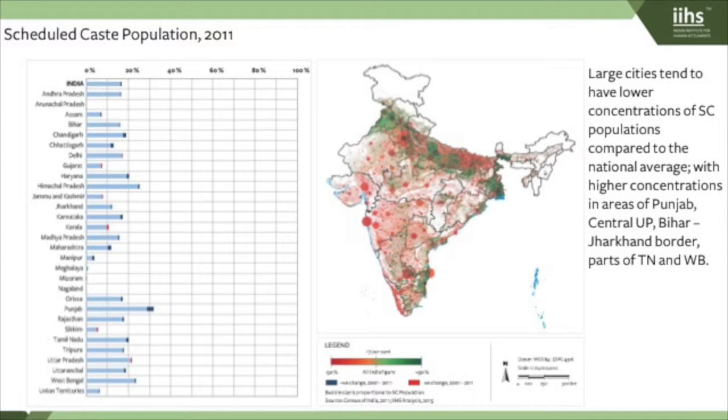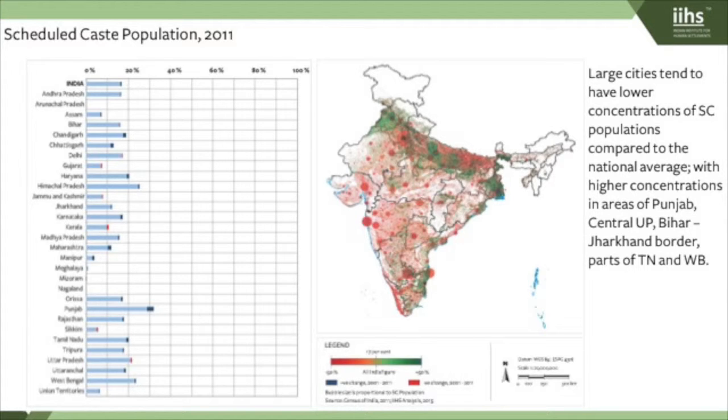So you can see, Punjab, for those of us who worked in Punjab, understand that there's a very strong, in spite of the way that Punjab is structured into Hindu and Sikh populations, there's a very large proportion of the Sikh community who are actually scheduled castes. So you can see that actually coming up, big bands in UP and Bihar, obviously in West Bengal and parts of coastal Orissa, and you can see Tamil Nadu coming out there. So, you straight away start getting a sense, both politically and otherwise, where the deep challenges are as far as